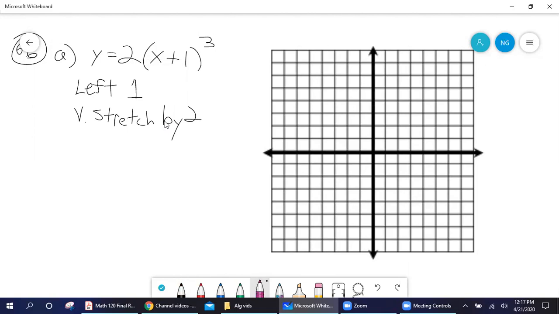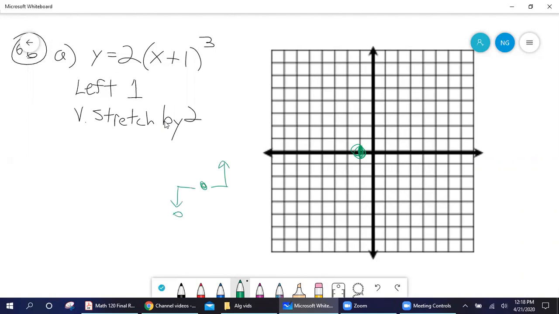So normal cubic looks something like this. It's hitting at the origin, it's hitting at 1, 1, it's hitting at -1, -1. This is going to be pushed to the left 1 and pulled vertically by 2. So my center point, or the middle of this, is going to be moved to the left 1. And now from that middle point,